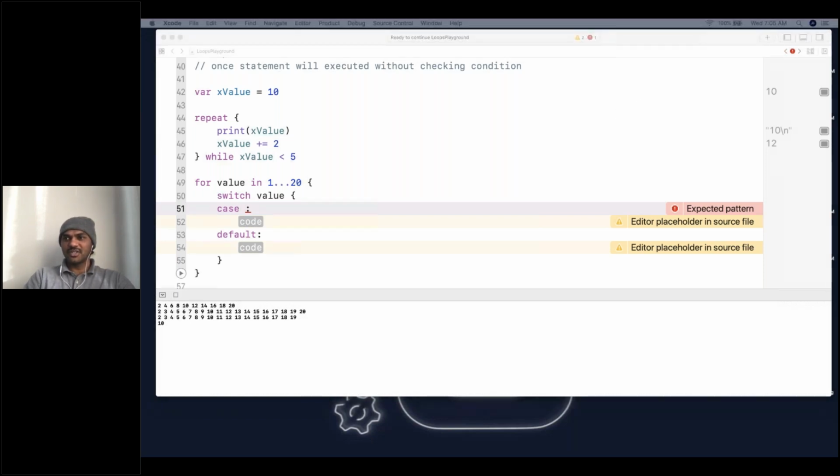What is my expectation here? I want to combine the condition actually. Combining the condition in the sense, 1 to 20,